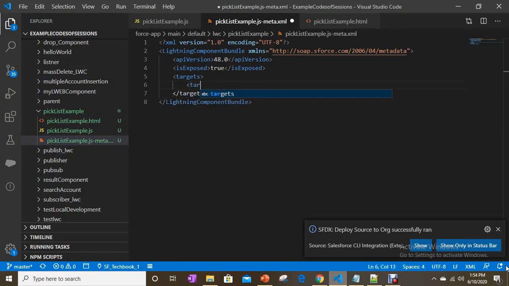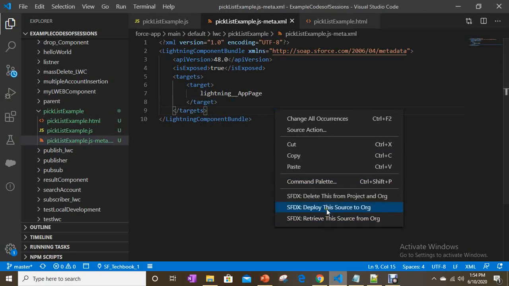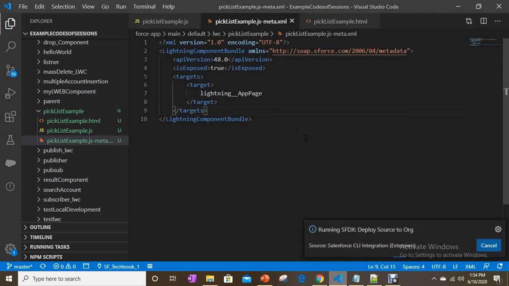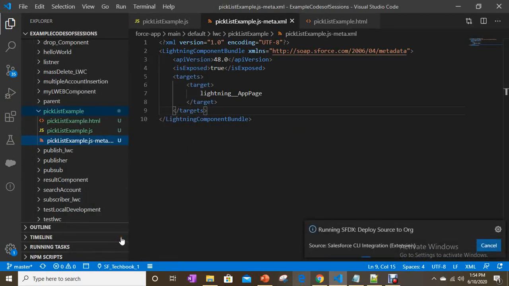Target is lightning underscore underscore app page. Let's save everything just to make sure. Now I'm going to create an app page for this.